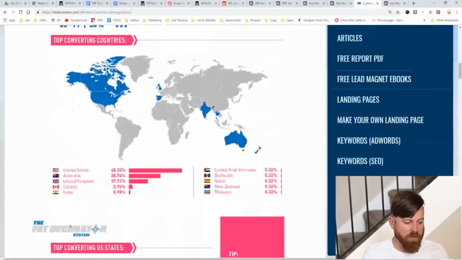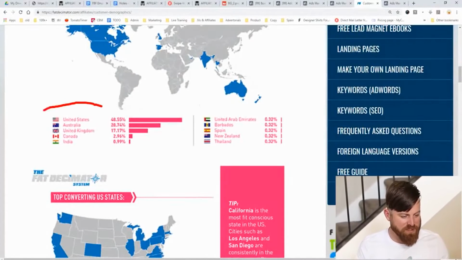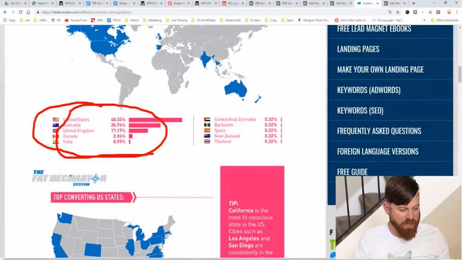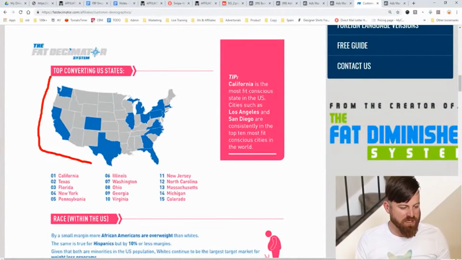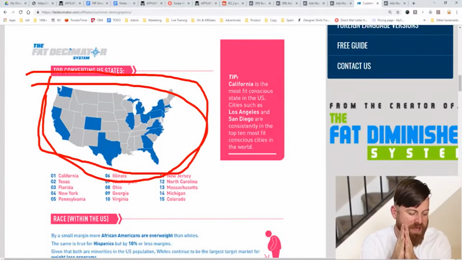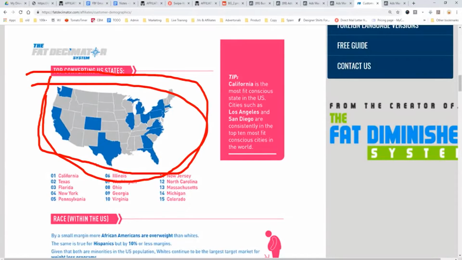So here we are looking at the top converting countries, and we see United States, Australia, Canada, New Zealand are on the list. But what's even more interesting is the top converting states. We can actually just target the top converting states and give ourselves an additional advantage. So we're going to go up